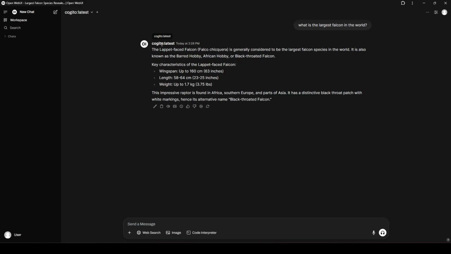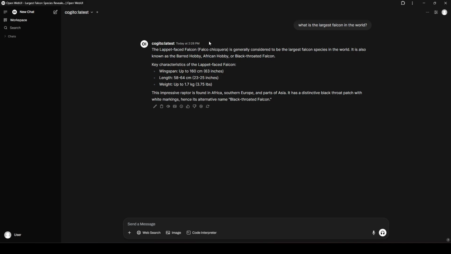Okay, I'm not even going to continue with that one. I like the 14 billion parameter model of Cogito. I don't really like the 8 billion parameter model of Cogito very much. I think I'm going to continue using Cogito more in the future. I do not know 100% that it's going to stick around long term for me.